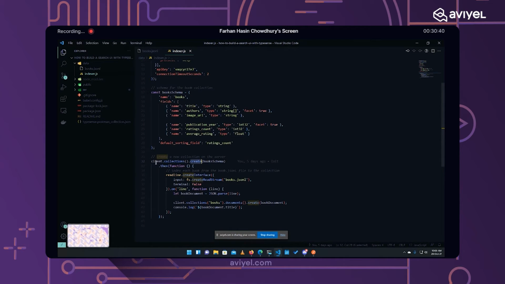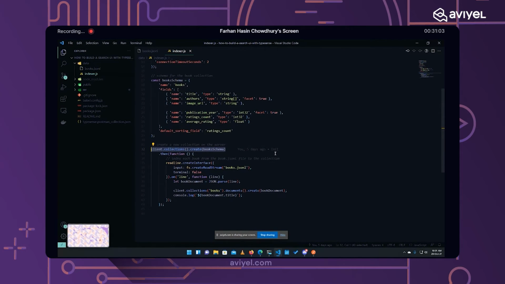What this line is doing is it will create a collection within the TypeSense server database called books, following the books schema. I have already explained what collections are and what documents are. So this is us creating that collection, sort of the database for all our books inside TypeSense.